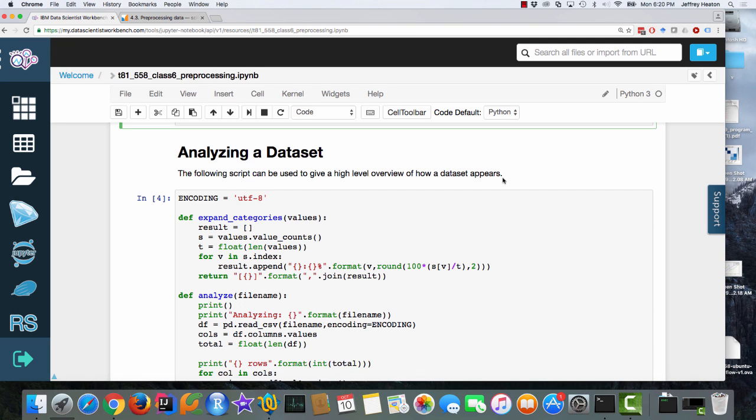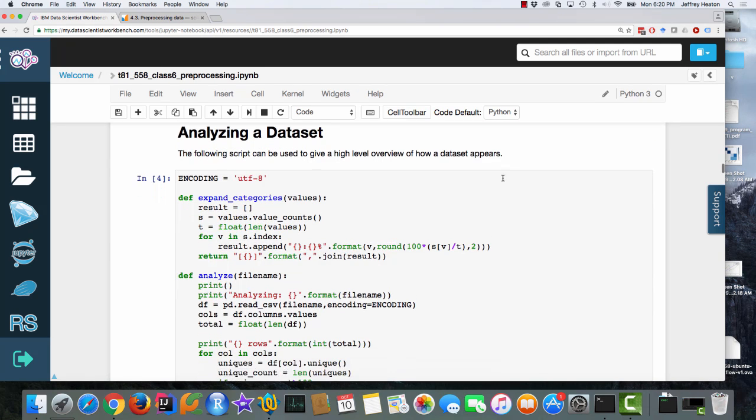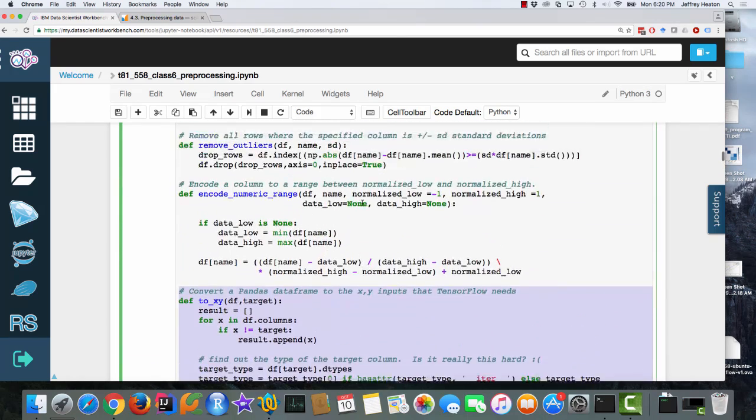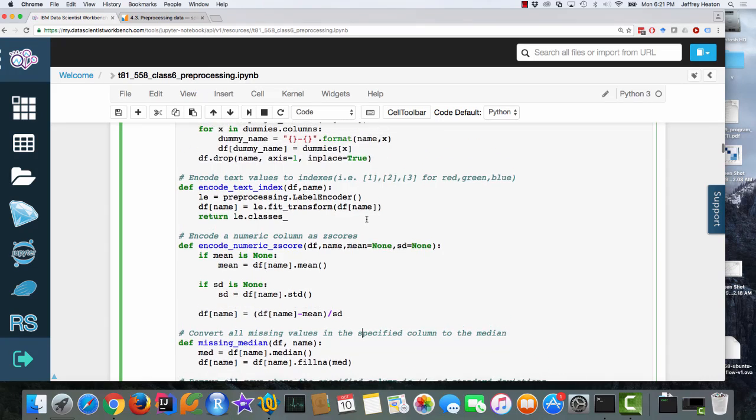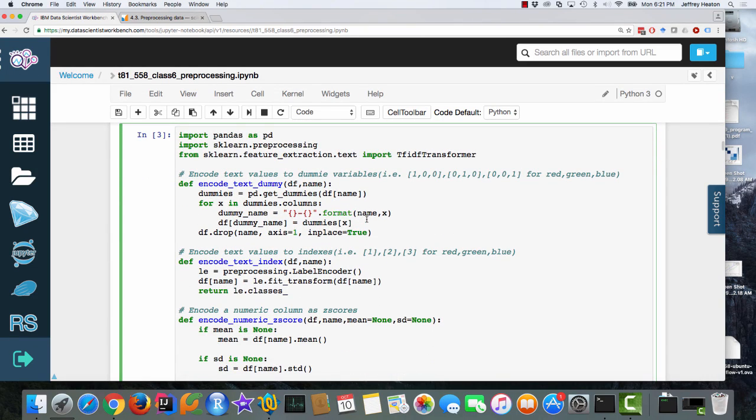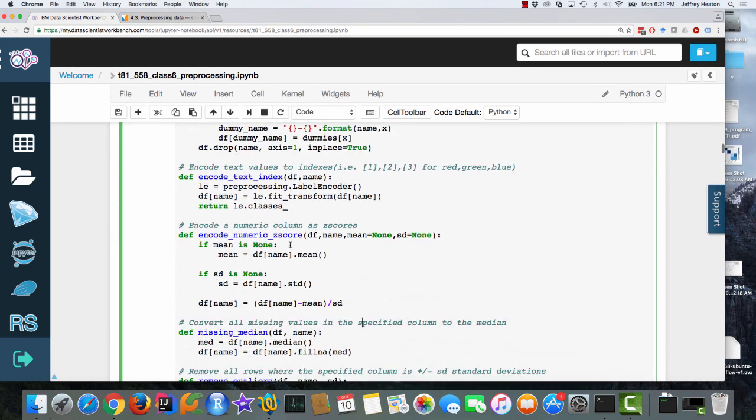Okay, this is a function that I'm giving you that I use on data sets when I first look at them. It can be very useful. Before I get into that, my apologies, I did want to show you one. Just so that I'm not just giving you all of these functions, I do want to show you how the